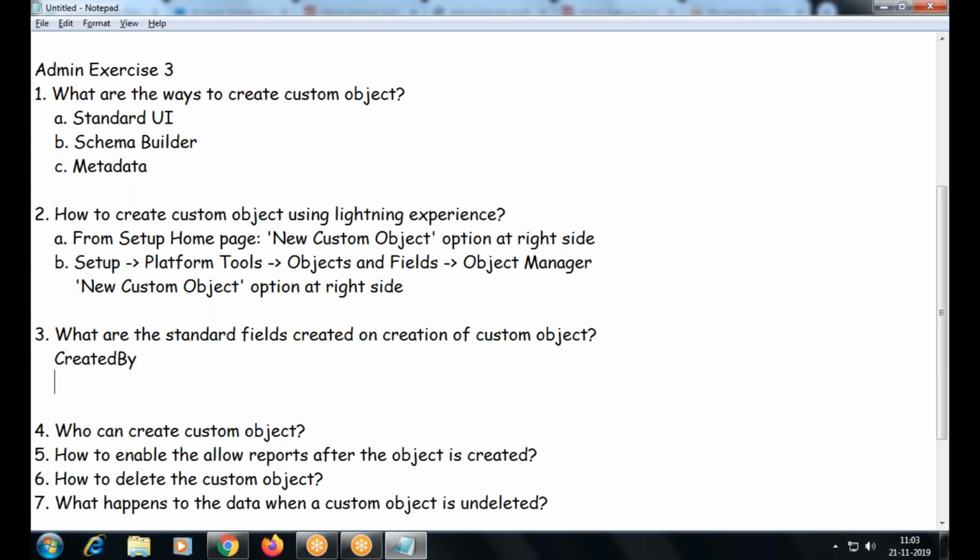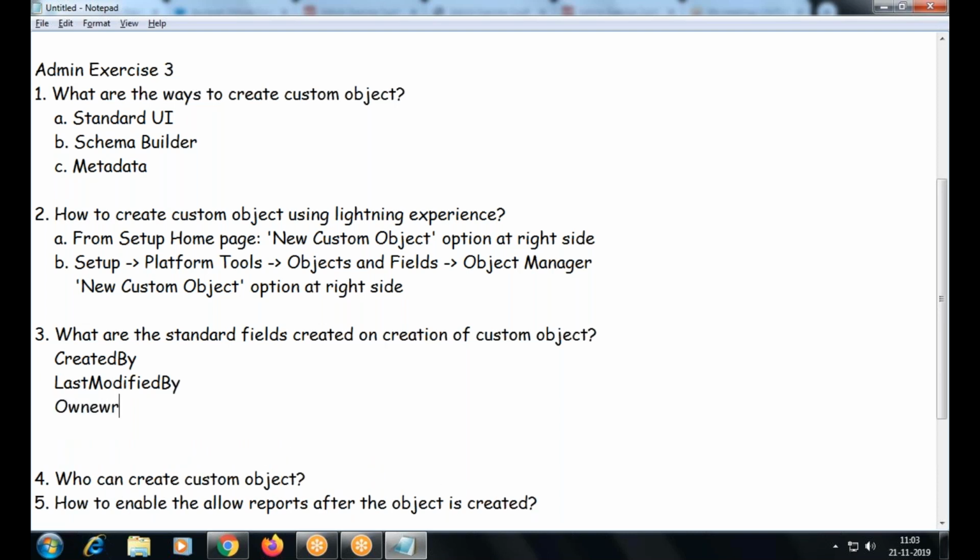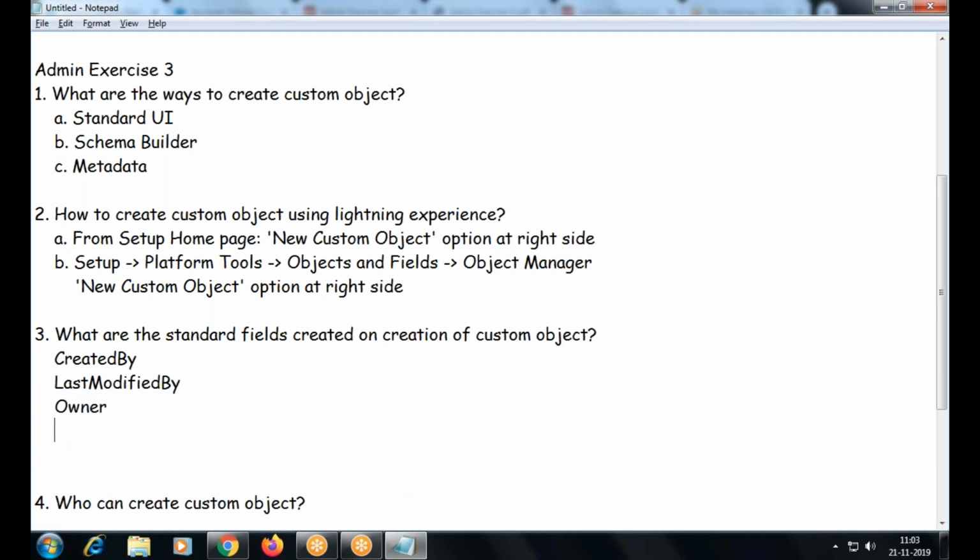Created by, last modified by, owner, name field. So what is this name field? Record name. Okay, it can be of two types. What are the types? Text or auto number. Okay, so these are the standard fields that get created.